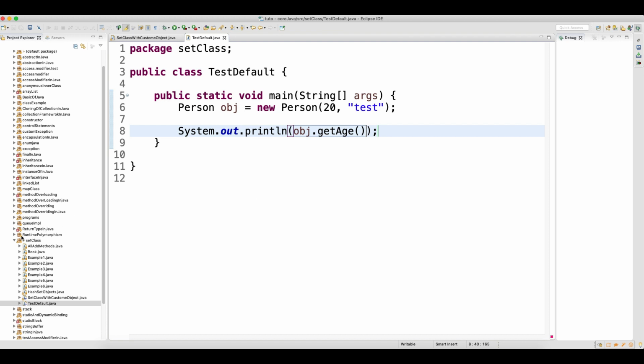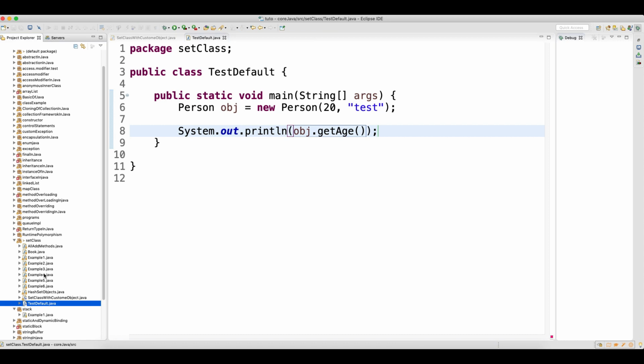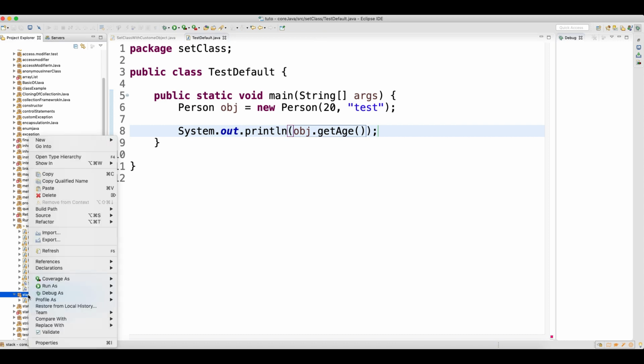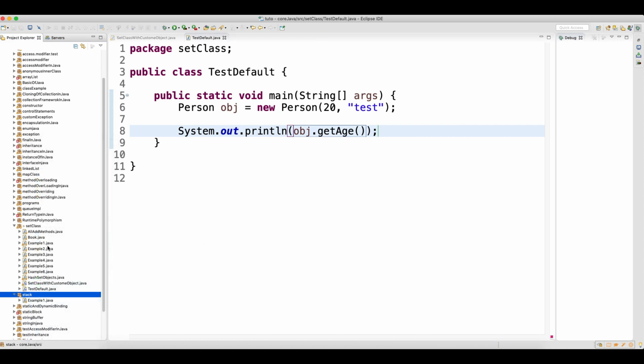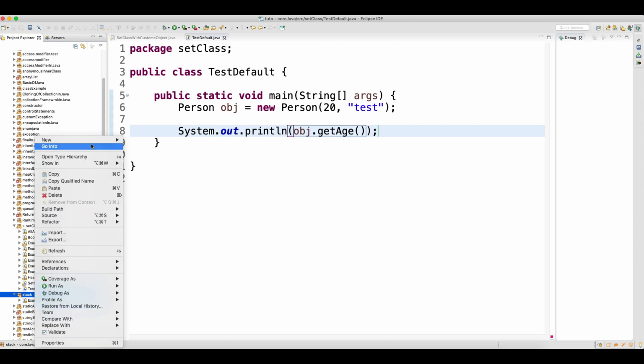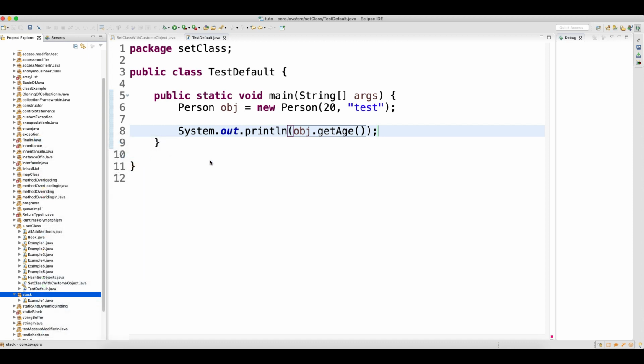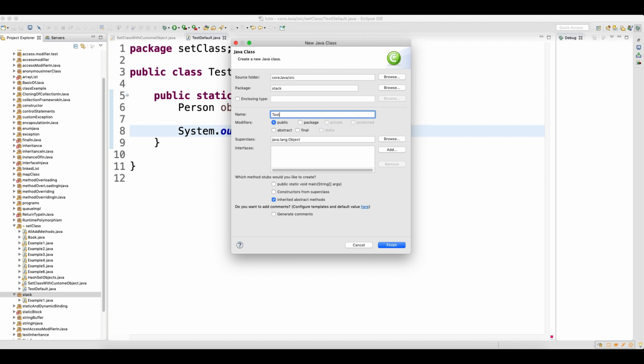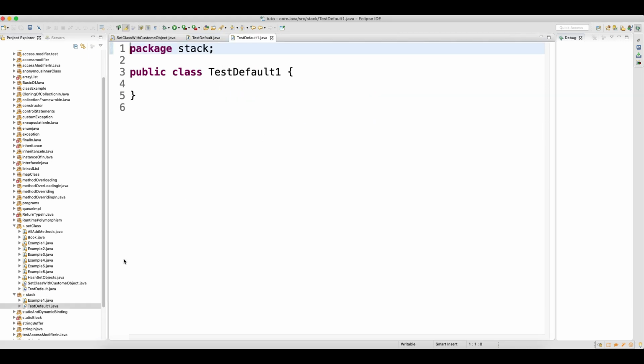But let's say if I go into some other package, and make one class here, TestDefault1. Now I went to a different package.